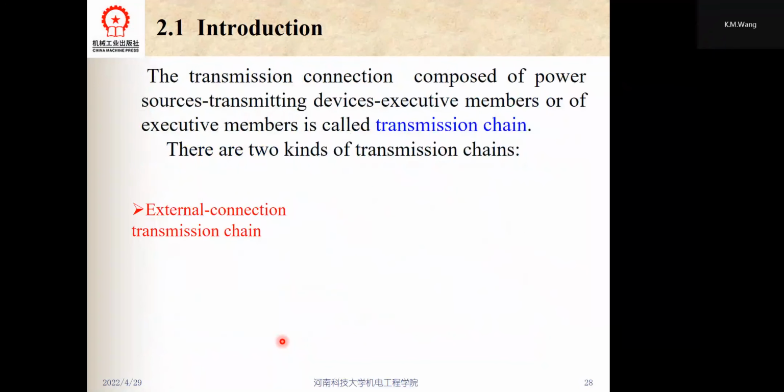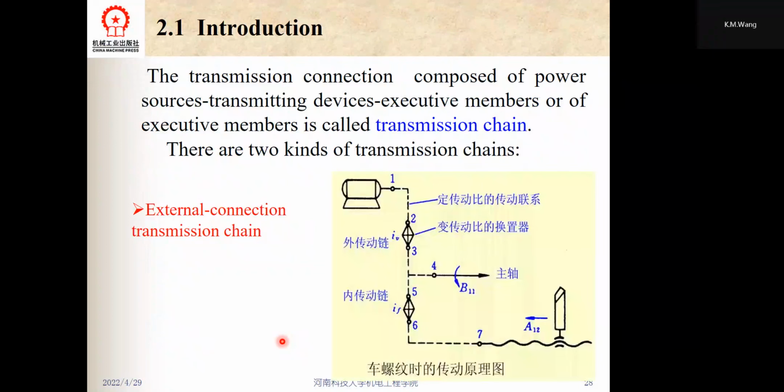Okay. And the transmission connects, including the power source, transmitting devices, and executive members, all of the executive members. This is called the transmission chains. There are two kinds of transmission chains. The first is the external connection transmission chains. In this, there is the motor. This is the external connection transmission chains, and then there is